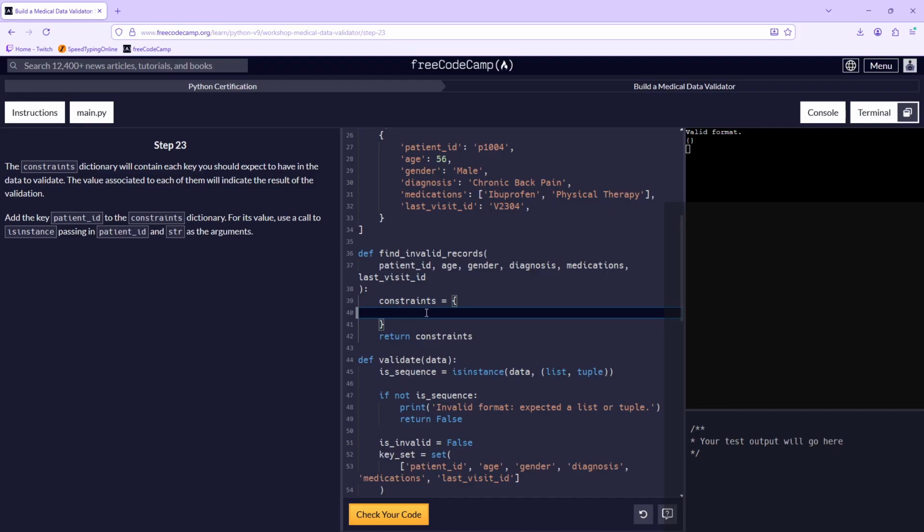And the key. That reminds me of the key set thing that we did there at the bottom, but oh well. The value associated to each of them will indicate the result of the validation.